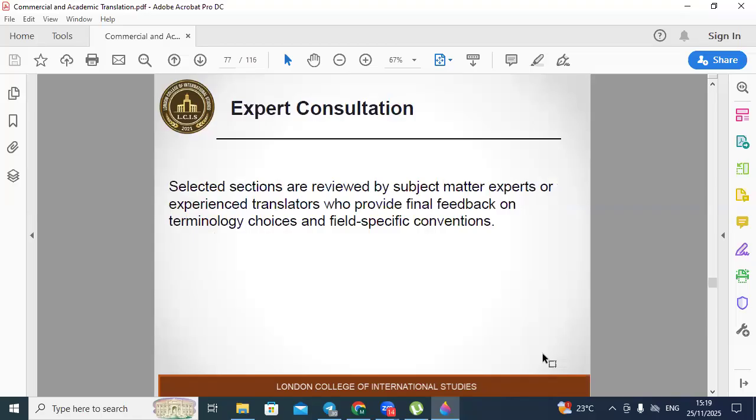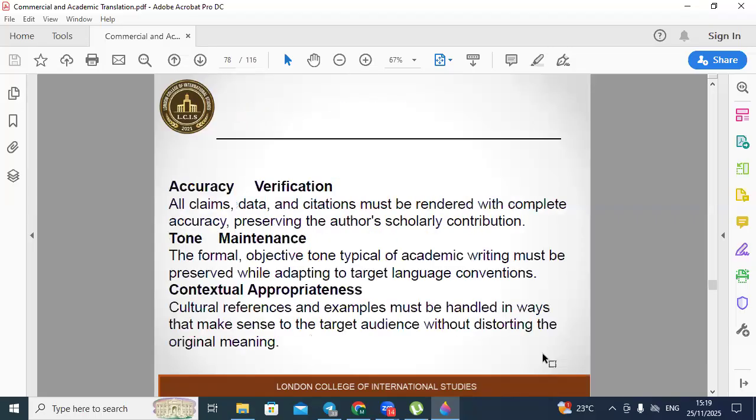Expert consultation: selected sections are reviewed by subject matter experts or experienced translators who provide final feedback on terminology choices and field-specific conventions. Accuracy verification: all claims, data, and citations must be rendered with complete accuracy, preserving the author's scholarly contribution. Tone maintenance: the formal, objective tone typical of academic writing must be preserved while adapting to target language conventions,